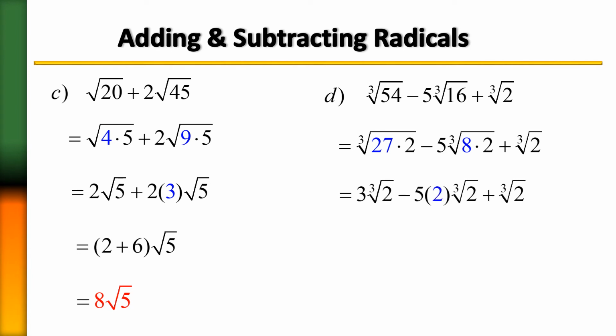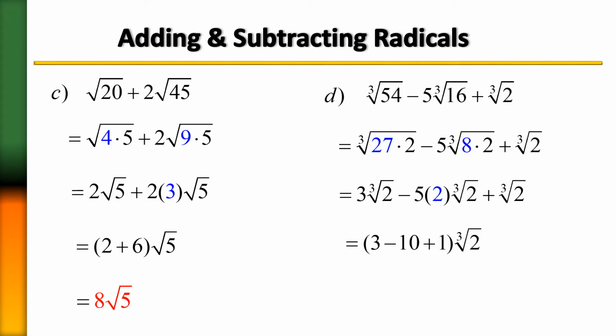And at this point, if you take a look at the indexes, notice that they're all a 2. So that means that we can go ahead and combine them at this point because the indexes are all the same, cube root. They now have the same radicand there of 2. So all we need to do is just combine all those numbers outside and keep our radicand of 2. So let's see, we're going to have here